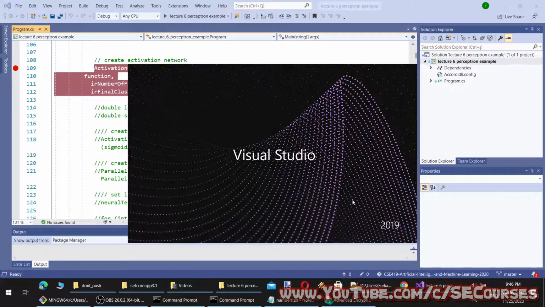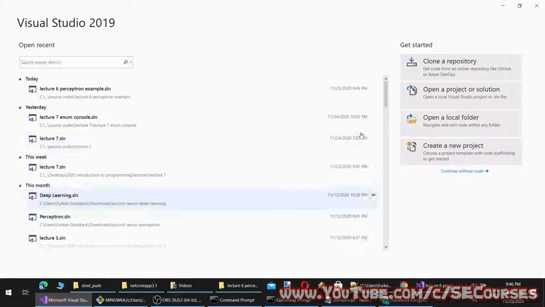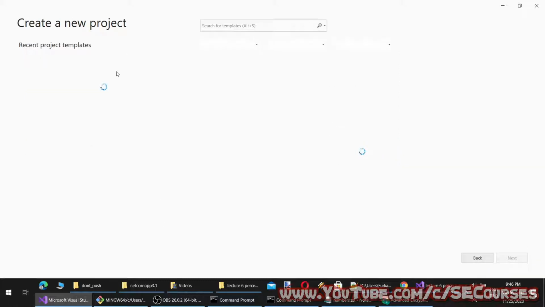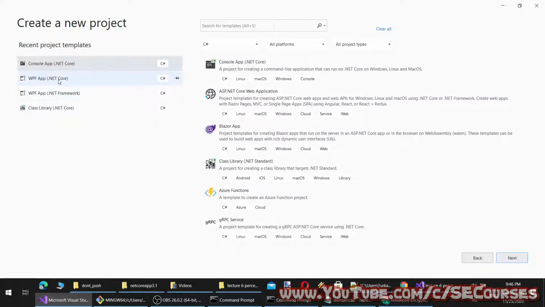So from this lecture's code, you can utilize many other classification algorithms as well. You can expand this software. Okay, so I'm going to compose a new software and I will open a console application again.